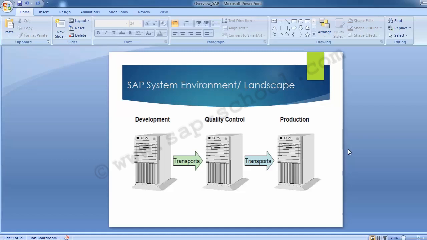In any of the standard project settings, there will be three environments. One is the development environment, the next is the quality environment, which is also known as the testing environment, and the production environment. Within each environment, there are different clients that are used for specified purposes. If we talk about the